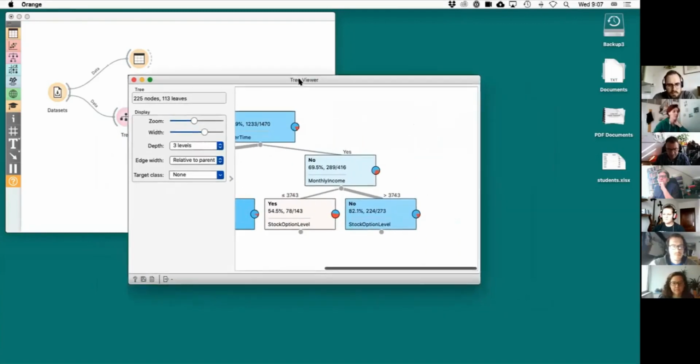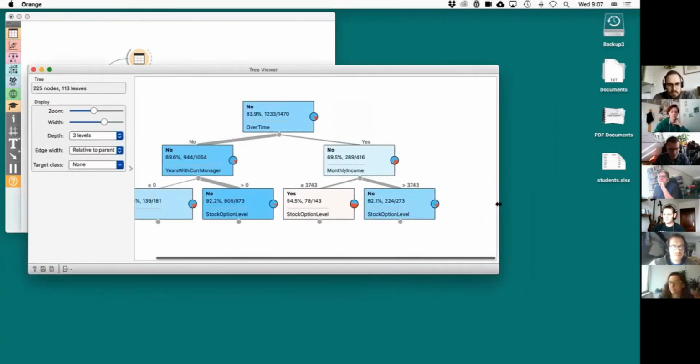This is just the top of the tree. It turns out that one of the main factors of unhappiness is working overtime. People that work overtime are not happy.